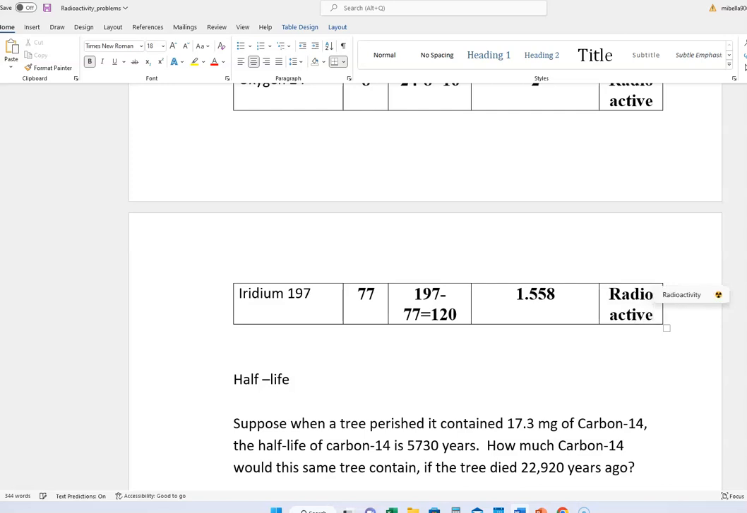Sorry, we're going to predict that it's radioactive. As well, you can see, of course, it has an odd number of protons, which lends itself. That by itself doesn't mean it's radioactive, but that